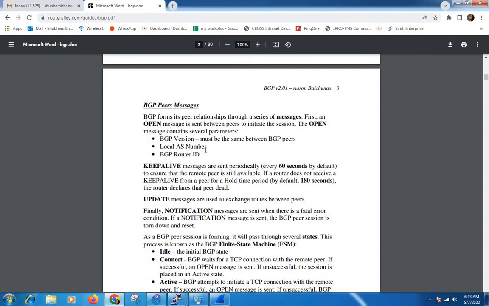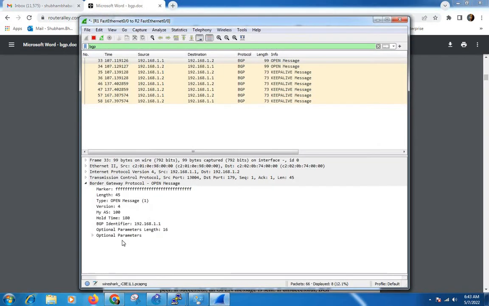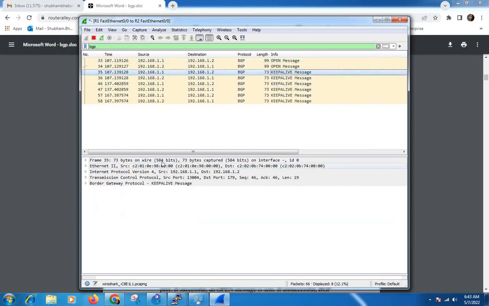These things you can see in the Wireshark capture. Now we will check the keepalive packet. Nothing is in the keepalive packet. Keepalive is just to inform that we are alive, so that's why nothing is written here.